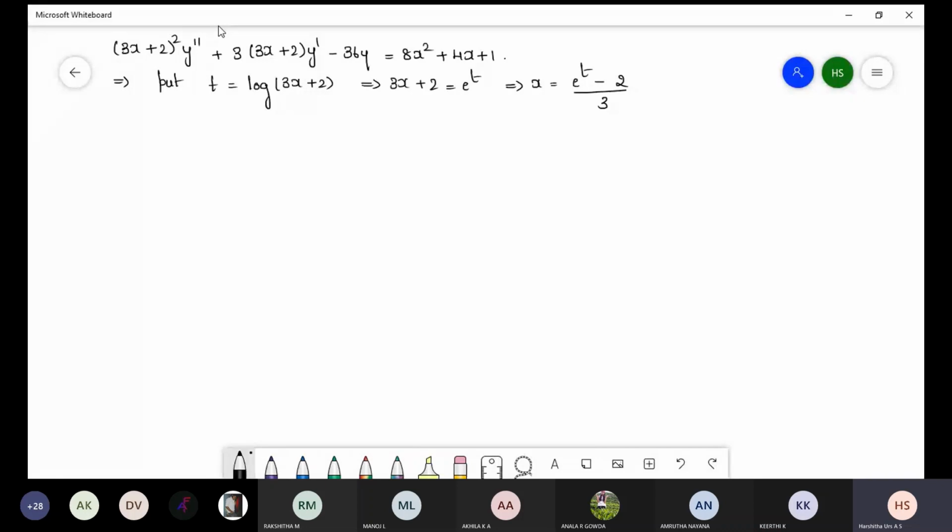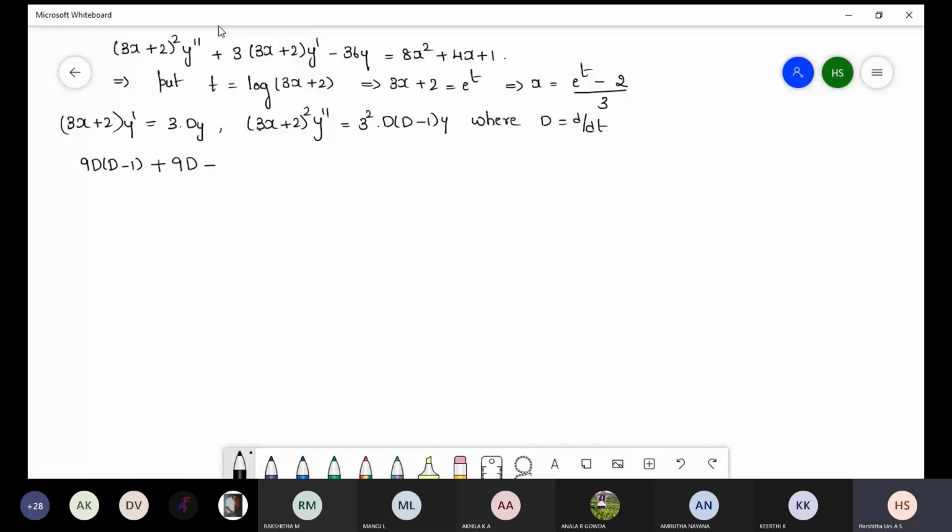Now (3x+2) y'. Here the coefficient of x is 3, so it becomes 3 D y. And (3x+2)² y'', the coefficient of x is 3, so it becomes 3² D(D−1) y, where D = d/dt. Substitute. So 9D(D−1) plus 3 into 3,